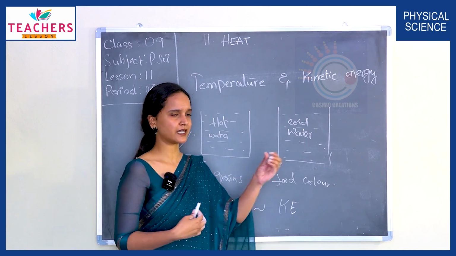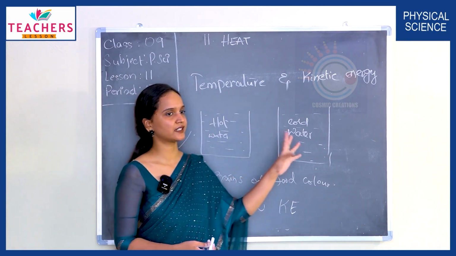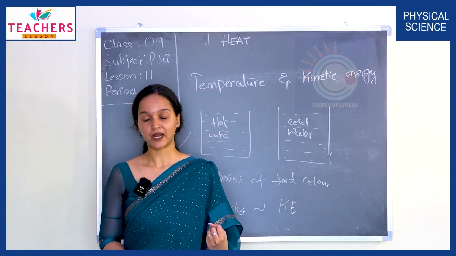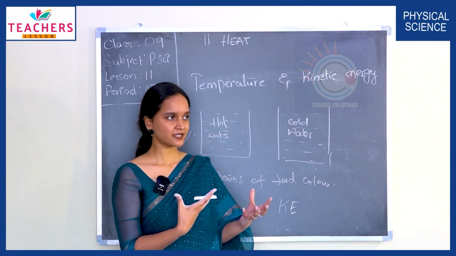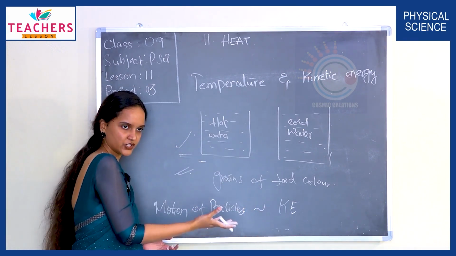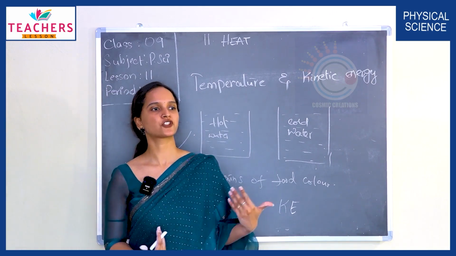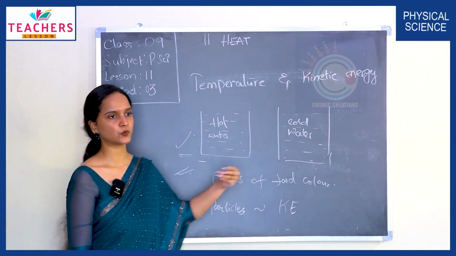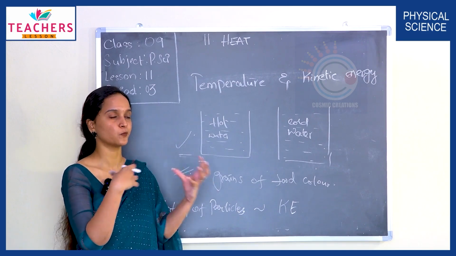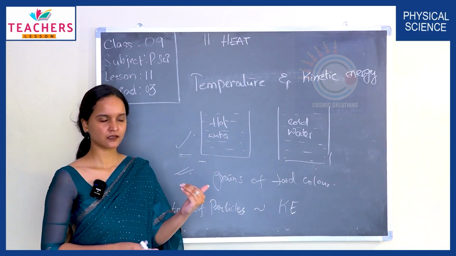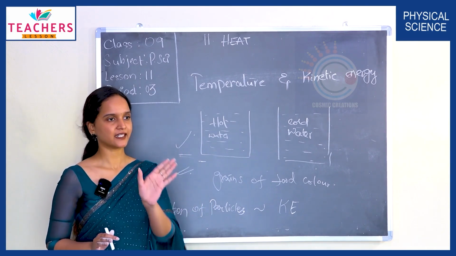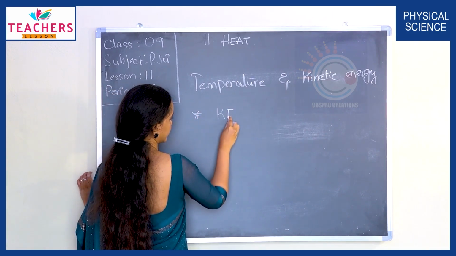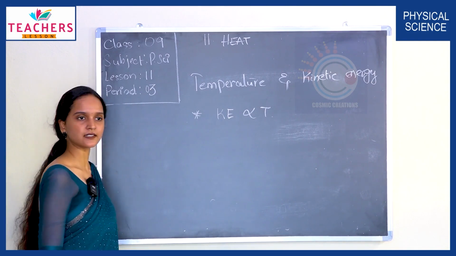So you see there is a direct relationship between temperature and kinetic energy of the particles in a body. Temperature of the body and kinetic energy of the particles inside the body, which is the average kinetic energy. The kinetic energy is directly proportional to the temperature. If the temperature is more, the kinetic energy of the particles is more because movement of the particles is rapid and it is more, right? If the temperature is less, movement is less and hence kinetic energy is less, correct? So, can I say kinetic energy is directly proportional to the temperature?